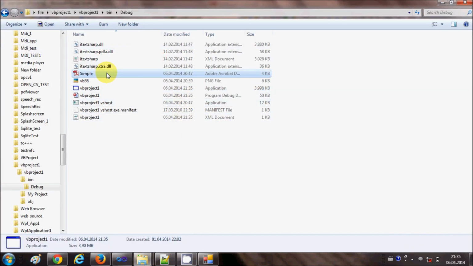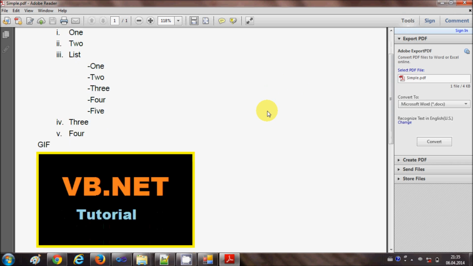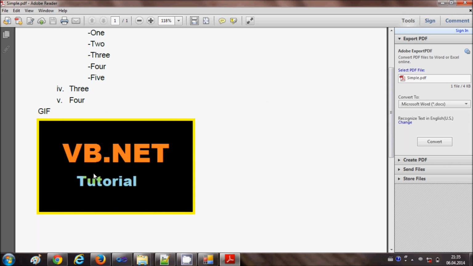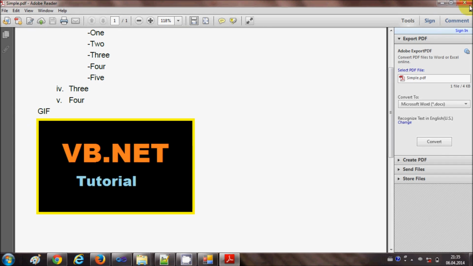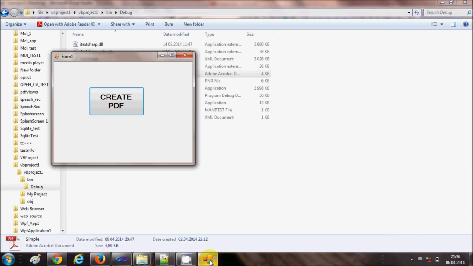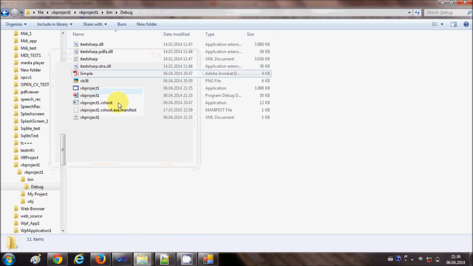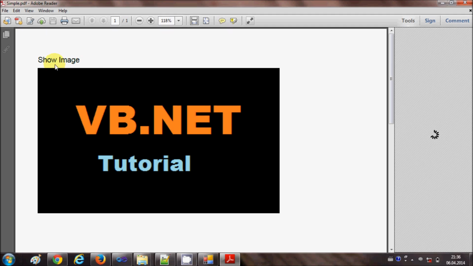So let's try and run the program. Let me show you first of all my PDF file before clicking the create PDF button. Okay, so right now I'm just adding this PNG image. Okay, so I will close this PDF and I will run my program. I will say create PDF, and now when I see my simple.pdf here, you can see this show image is created,